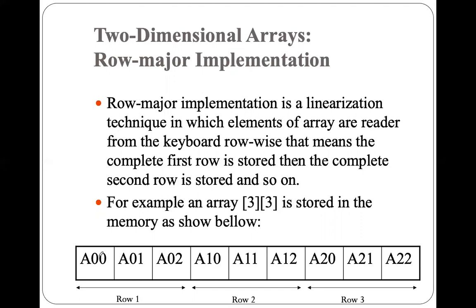So here you see, this is the first row, that means the 0th row. Row 1 means the 0th row, row 2 means the first row, 1 1 1, and row 3 means the second. So here the first subscript will show the row subscript. That's why it is called row major implementation. It is called row major. So here we will see one example of how we can represent it in row major.